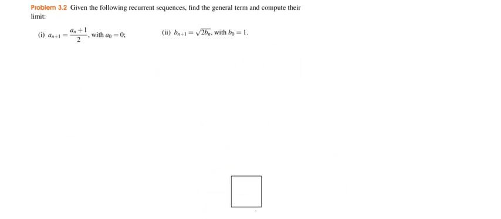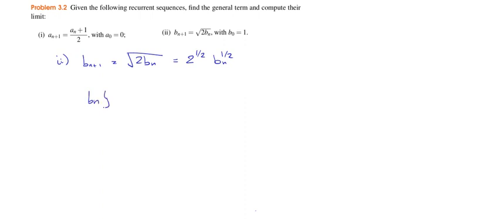Now for the second one, b sub n plus 1 is the square root of 2 times b sub n, okay? And before going further, it's maybe easier to transform this to the power version. So this is 2 to the 1/2 times b sub n to the 1/2. Okay, so let's write the terms